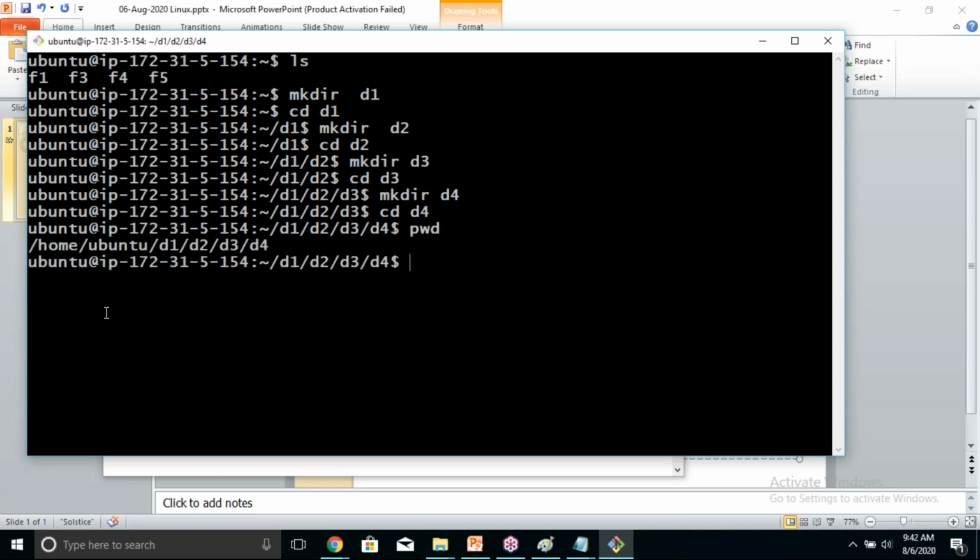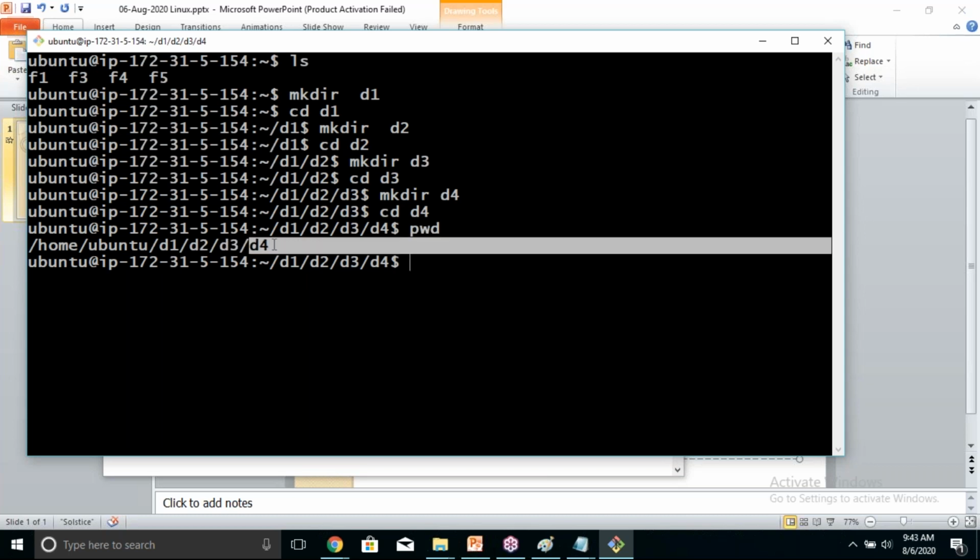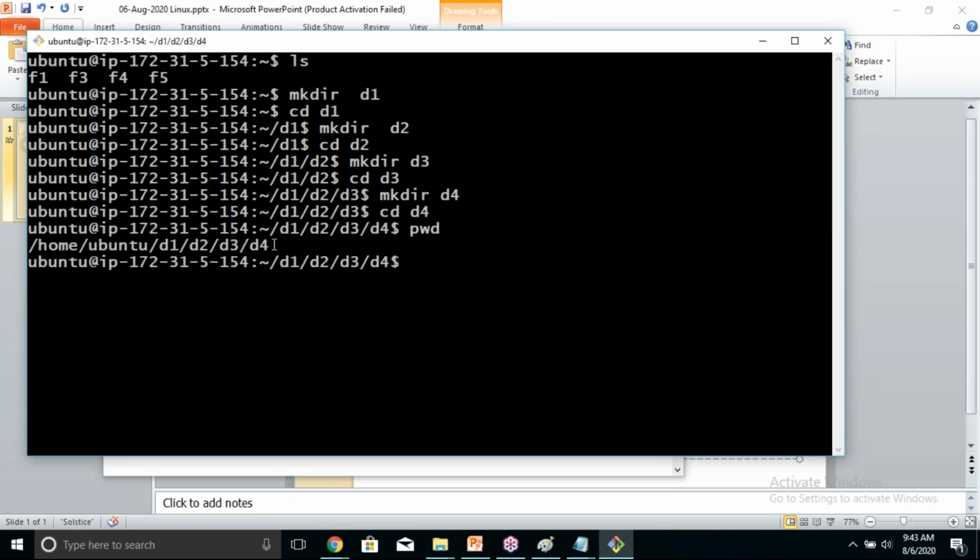See, currently you are pointing at /home/ubuntu. Inside ubuntu you have created D1. Inside D1 you go to D2. Inside D2 you go to D3. Inside D3 you have created D4. Like this, you can create a list of all the files in any directory, whatever you want. You need to be comfortable entering into the directory and then creating the files or directories inside the directory. Clear? Now, we have learned how to go to the parent directory.